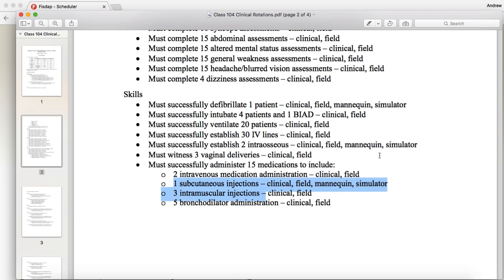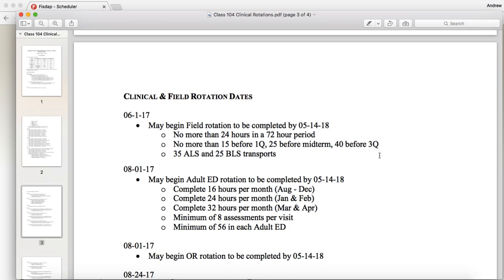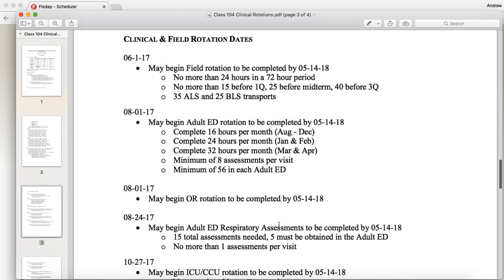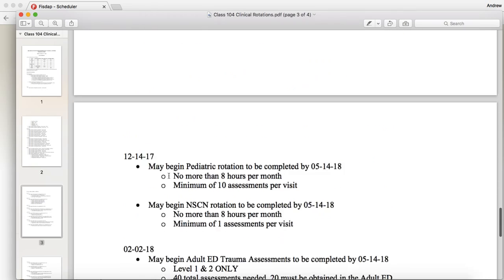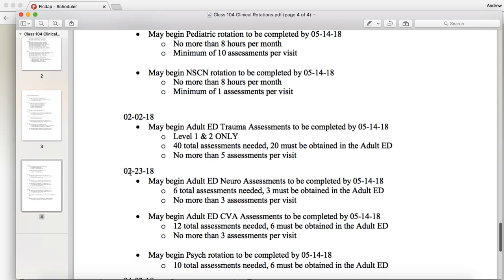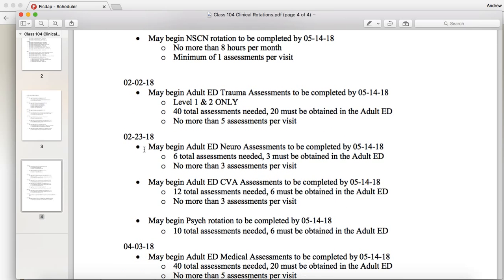All right, so when it comes to scheduling your clinical rotations, when I say be strategic, I mean look at this sheet every single month you go in to schedule, because remember, you schedule clinicals from the 10th to the 20th of the month before. So if I'm scheduling for July, I can schedule those shifts between the 10th of June and the 20th of June. Okay? The kicker here is, let's take this class for example. They can begin adult neuro assessments and CVAs down here